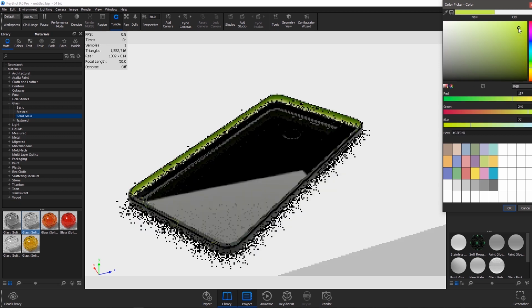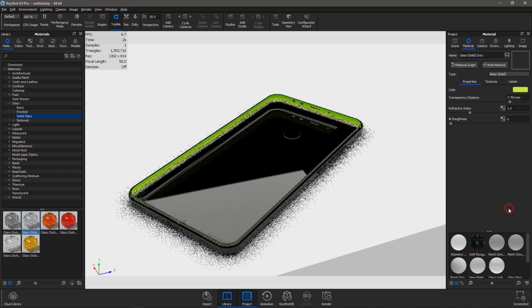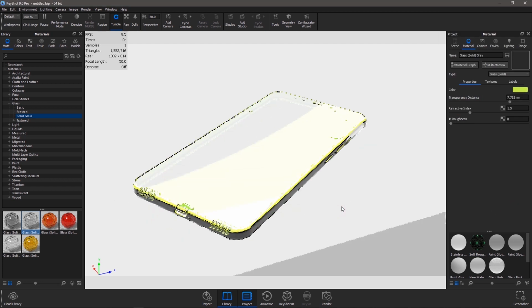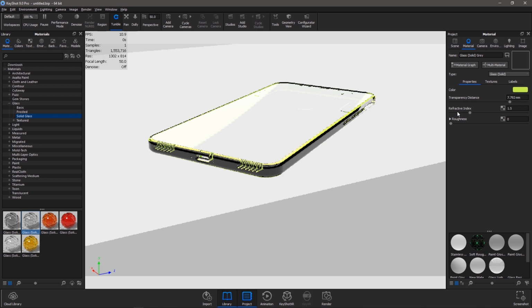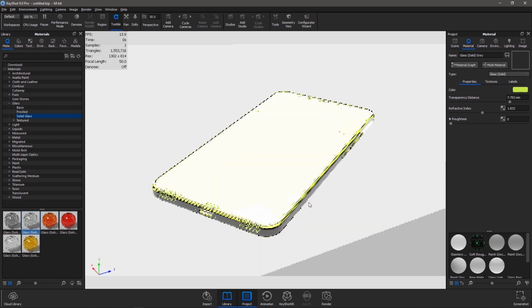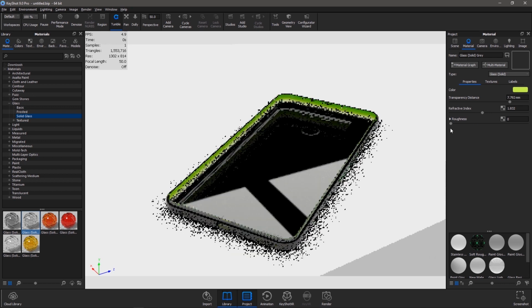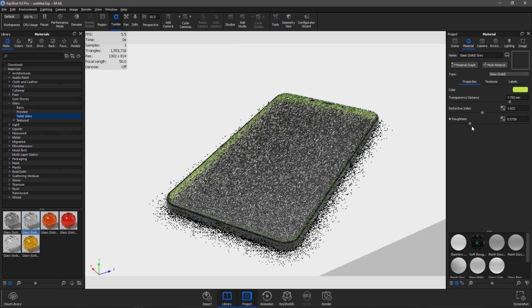Next parameter is the transparency distance. This slider controls the depth of the color selected in the color setting, depending on the thickness of the part to which the material is applied. After setting a color in the color setting, use transparency distance to make that color more or less saturated and prominent. A lower setting will show the color more in the thin areas of the model, and a high setting will make the color faint in the thin areas.